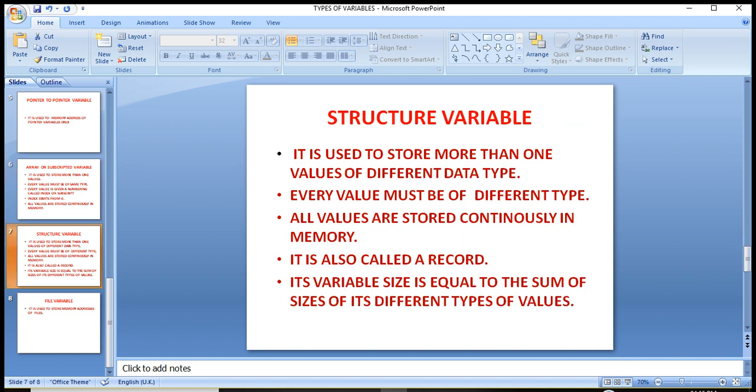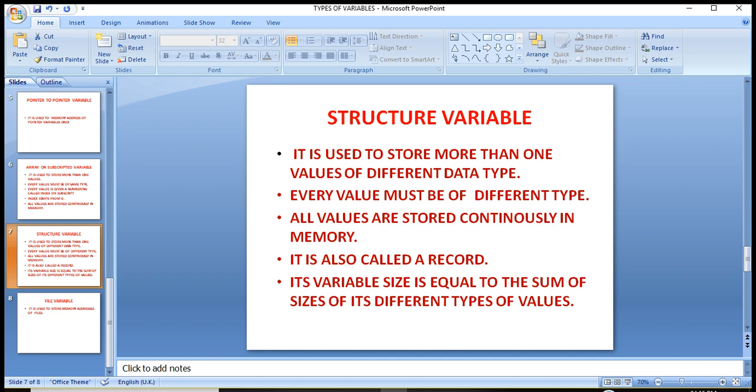Next is the structure variable. We know the array variable has some limitation: it needs all values of the same type. But if we want to store more than one value of different data types, then a structure variable is used.